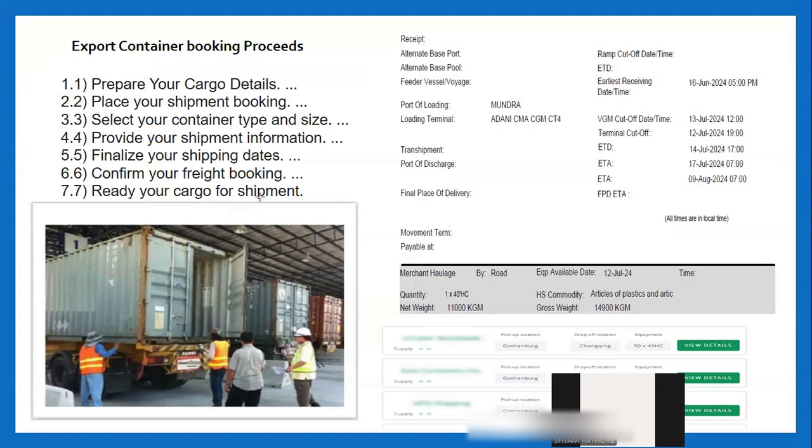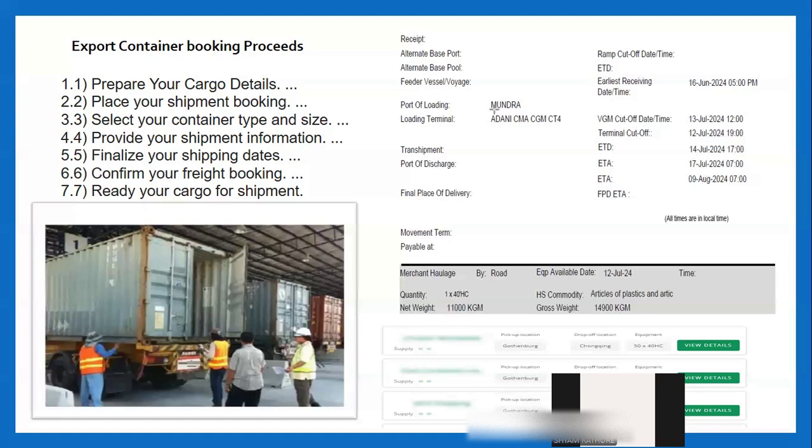So these are the steps which we need to understand while booking time, that our CHA freight forwarder will book container for us and pay all the charges asked by the shipping line. So we can understand that any CHA freight forwarder who becomes a business partner of the exporter needs to pay a lot of charges at the shipping line level, at the transporter level, and the customs clearance level. After that, he can receive the container and dispatch the shipment. Then he will bill the exporter, and finally exporter will make payment to the